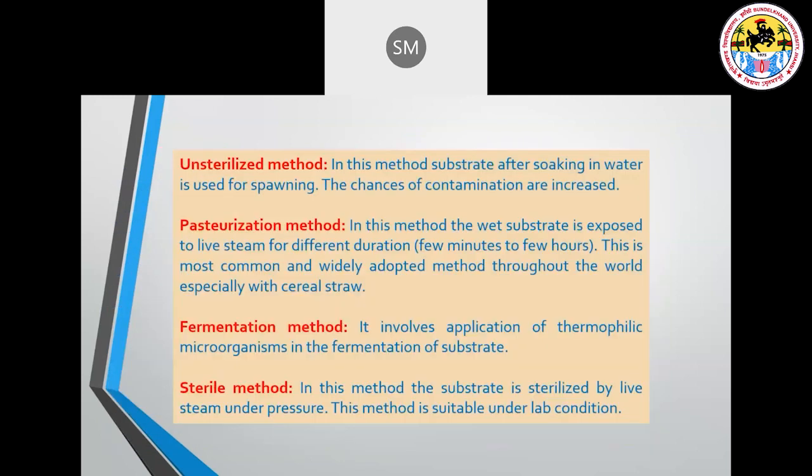Another method is the unsterilized method. I would like to prefer this method also. One thing that is very important to note here: if we want to grow oyster mushroom, it can be grown in a season, meaning at ideal temperature and humidity. If temperature and humidity are disturbed, we must use the chemical treatment and hot water treatment. This is sure and guaranteed. In most ideal conditions, if we are cultivating oyster mushroom, we are sterilizing the substrate,